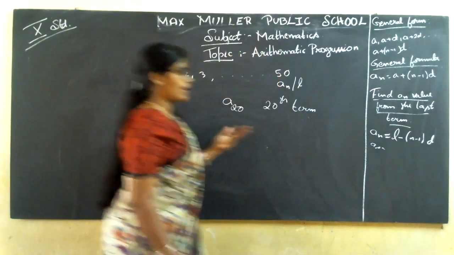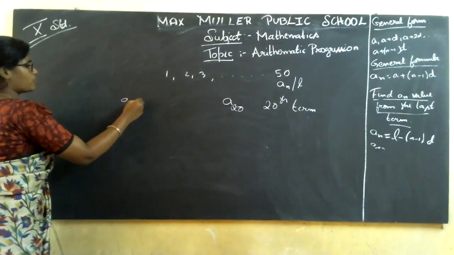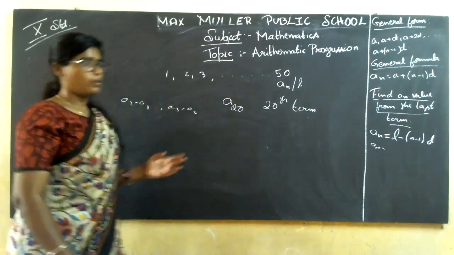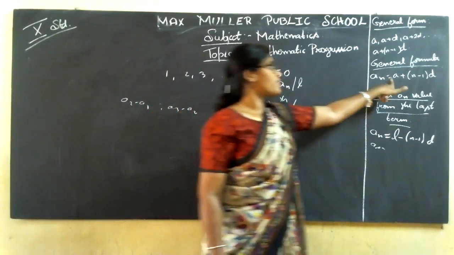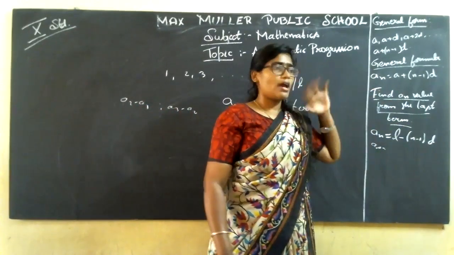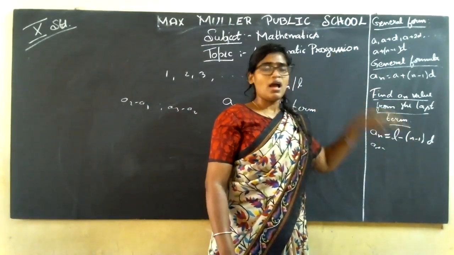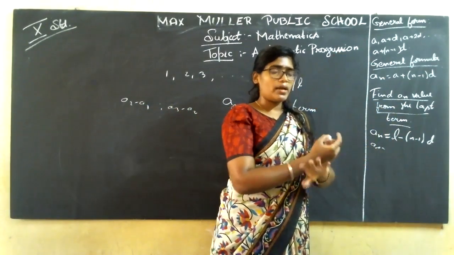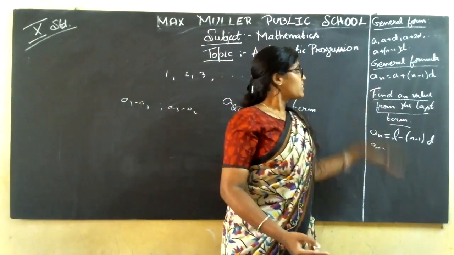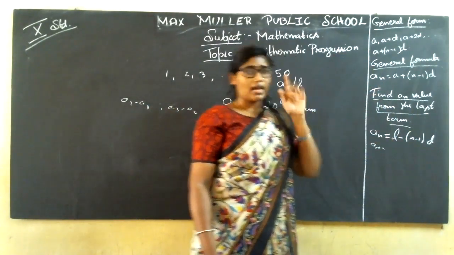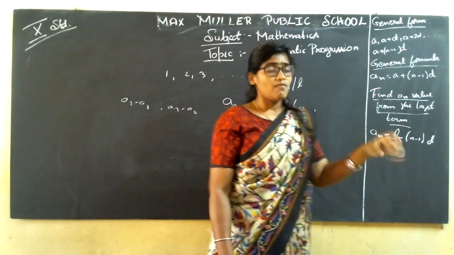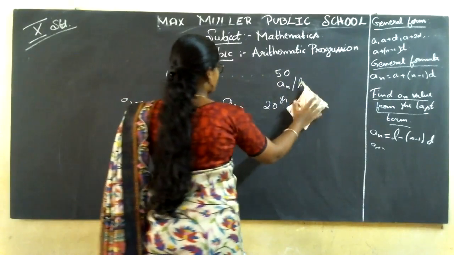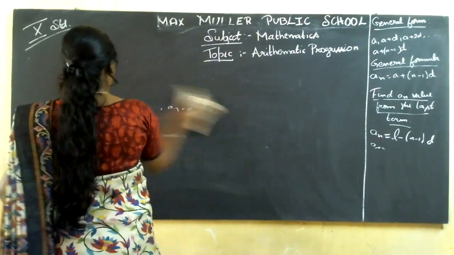Clear? However you find the common difference here, that is A2 minus A1, A3 minus A2, the same formula you are going to use, but in place of A, you are going to put L. That's all. So I hope your doubts are being cleared now. I have come across such doubts while doing the corrections, so I think these kinds of doubts are cleared. Now in today's class, we are going to start with the new topic of this lesson, that is the sum of n terms.